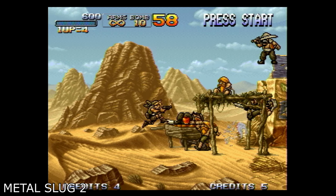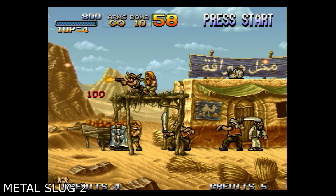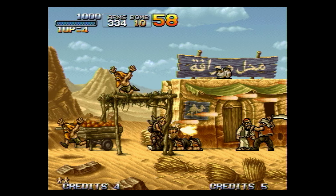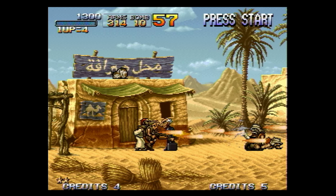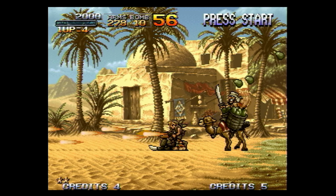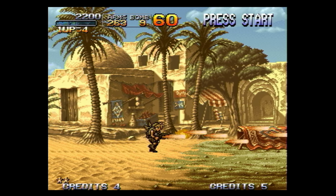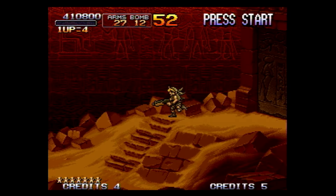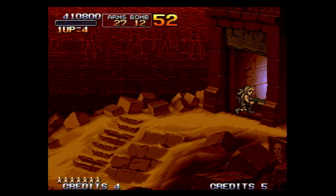We end our test run with the magnificent Metal Slug 2. This was quite a bit larger in size than the first entry, coming in at 362 megabits. That means it taxes the Neo Geo CD's memory quite a bit more, and you'll see those load screens far more often. Stages that have multiple scenes will stop and load, though those load times are not what I'd call